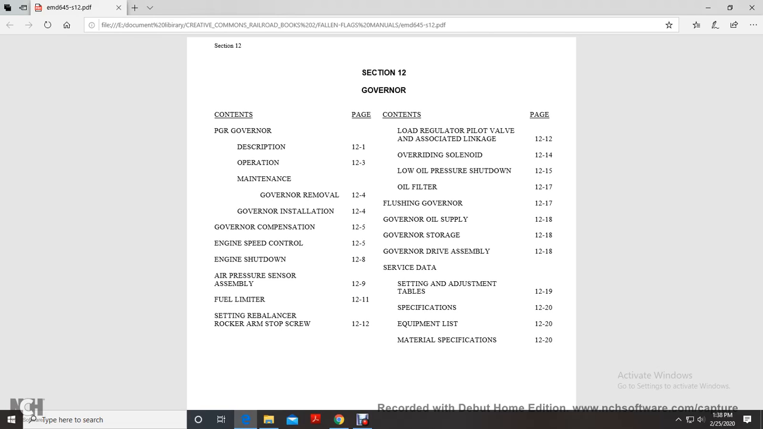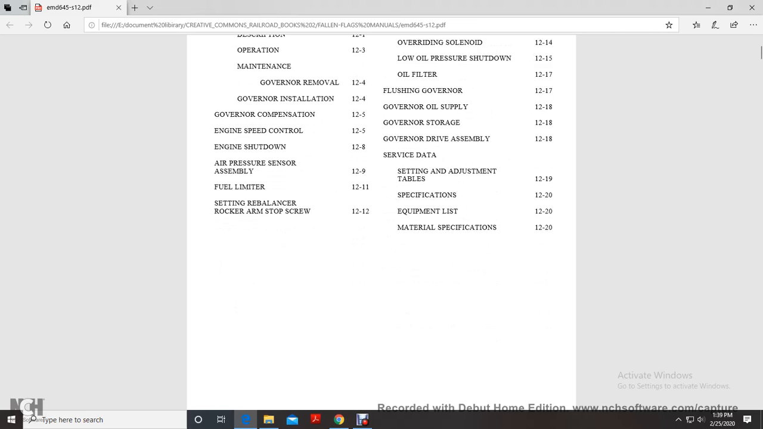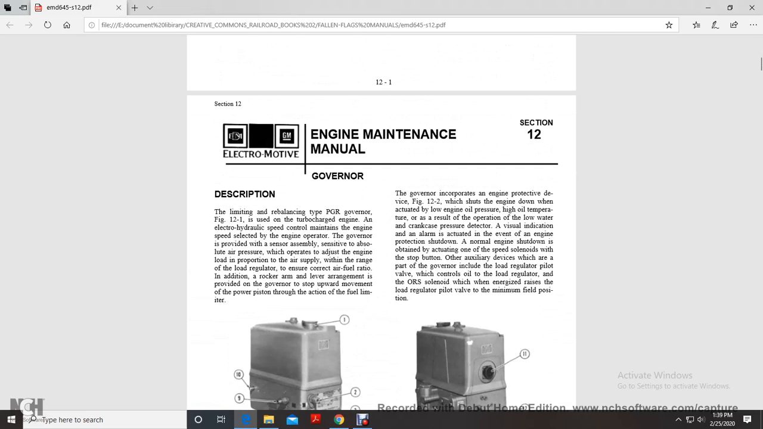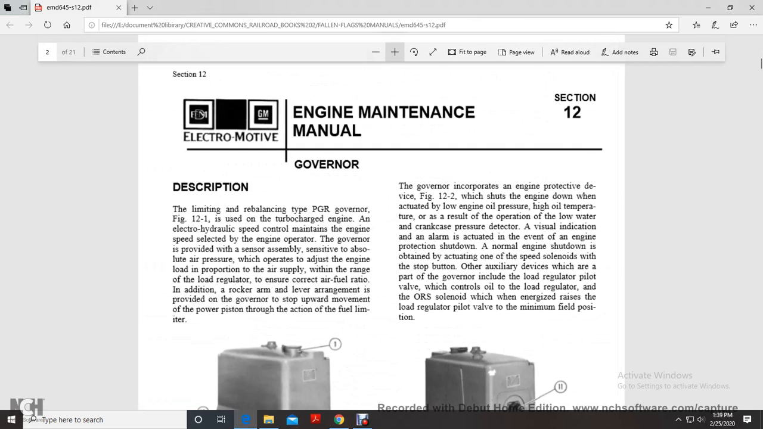All right, Section 12, Governors. PGR governor: description, operation, maintenance, governor removal, governor installation, governor compensation, engine speed control, engine shutdown, air pressure sensor assembly, fuel limiter setting, balancer, rocker arm, stop screw, load regulator, pilot valve, associated linkage, overriding solenoid, low oil pressure shutdown, oil filter, flushing governor, governor oil supply, governor storage, governor drive assembly, surface data setting, adjustment, table specification, equipment and material specifications. Your engine maintenance manual, Governor, Section 12, Electro-Motive GM